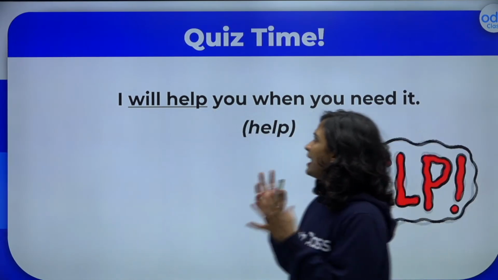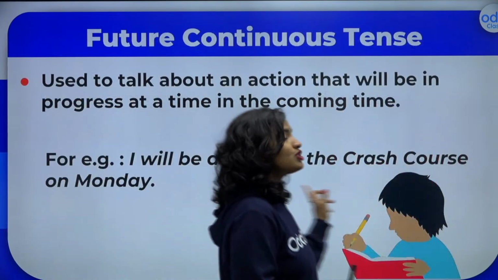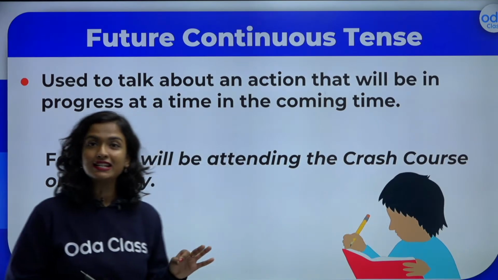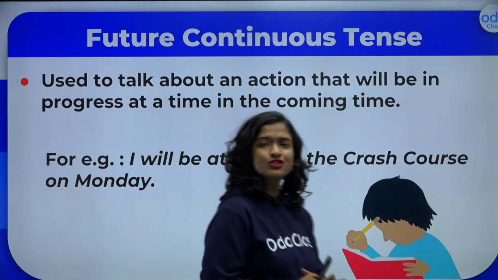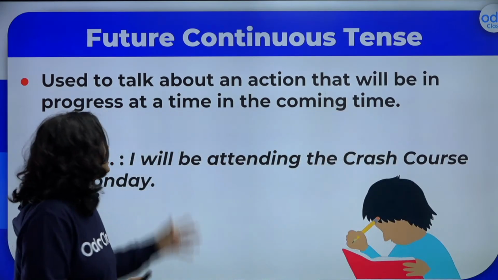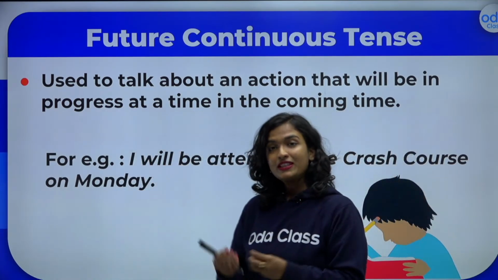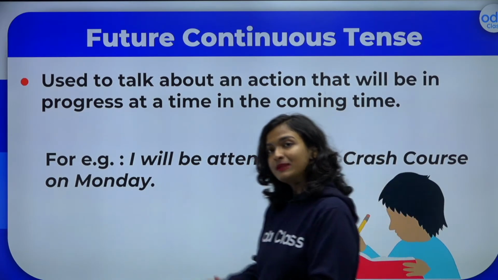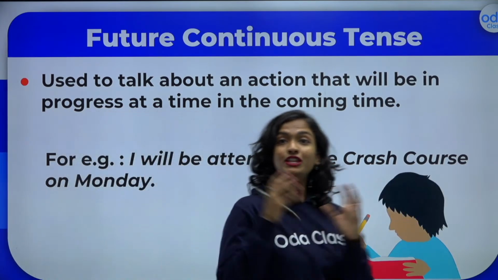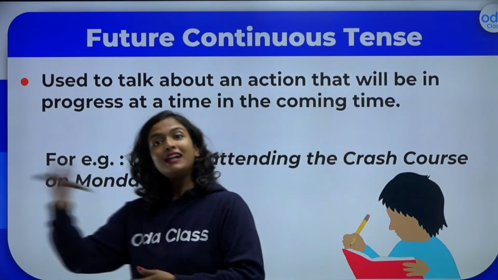So now kids, I hope this is all clear to you, because we are going to move on to our next tense, which is the future continuous tense. Now we all remember, students, about the continuous tenses, right? We use continuous tenses to talk about ongoing actions, things that are happening in the present. But we use our future continuous tense for an action that will be in progress, right? This action will be ongoing, but at a time in the upcoming future. So we use this tense when we are talking about an action that will be ongoing at a point in the future.